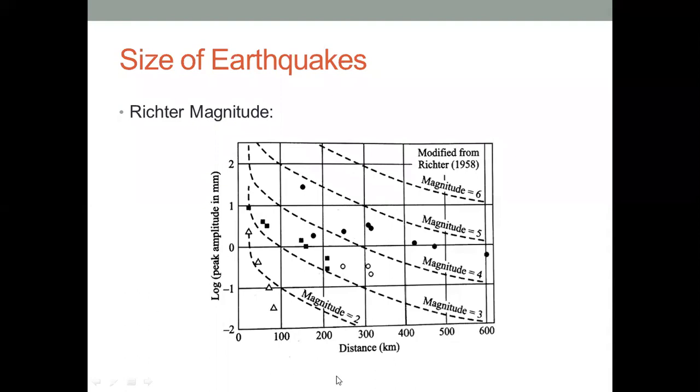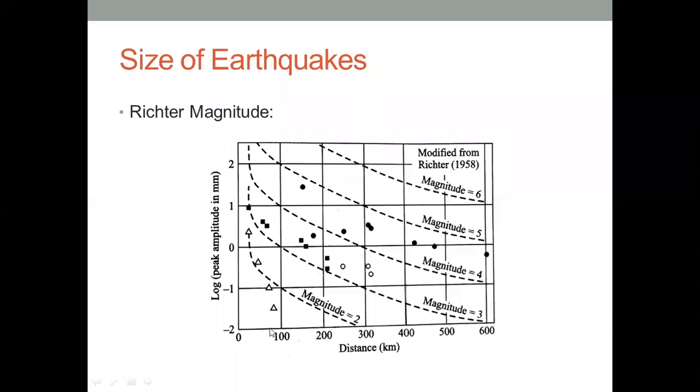And this chart will give you how the magnitude will vary. Even a low magnitude earthquake has a peak amplitude, in terms of the ground displacement, which is largest close to the epicentral distance. As the distance from the epicenter increases, if the magnitude is 2, the displacement of the ground will be very less. So that is the meaning.